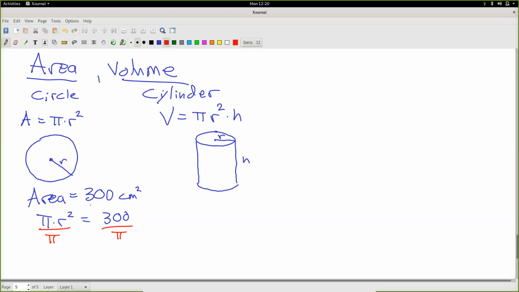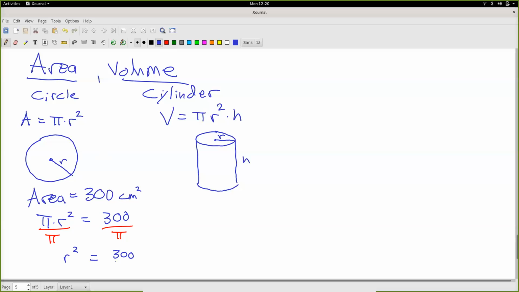Although in some state, I think it was Minnesota, they tried to pass a law to make pi equal to 3 because they thought 3.14 was too complicated. That was crazy. Anyway,